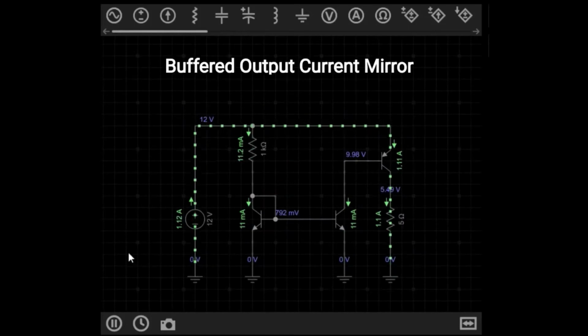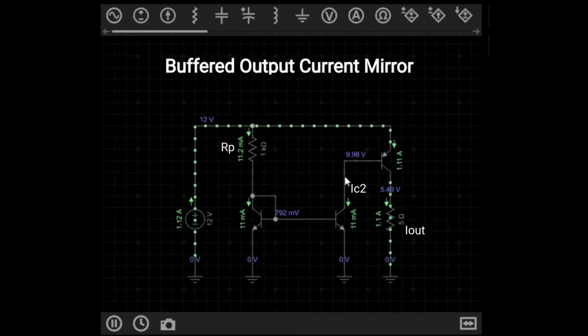So the first circuit I want to show you that uses a current mirror is the buffered output current mirror. This is the basic current mirror here, and this is your program resistor. The gain of this transistor right here amplifies the current through the collector of this transistor. Right now this simulator is set for a gain of 100, so this program resistor is set so that we